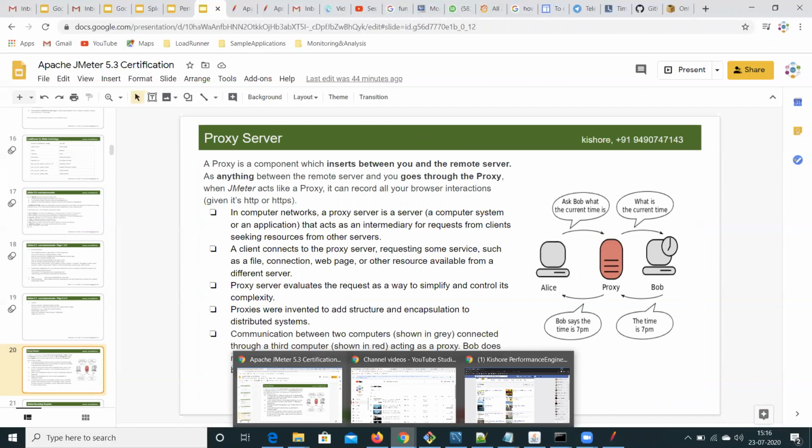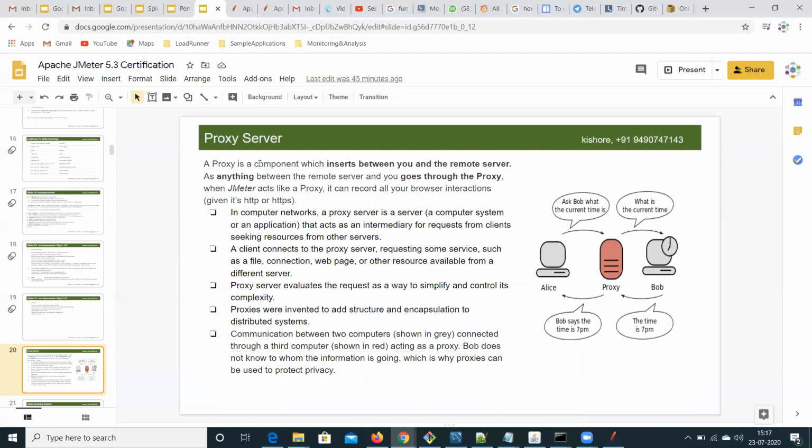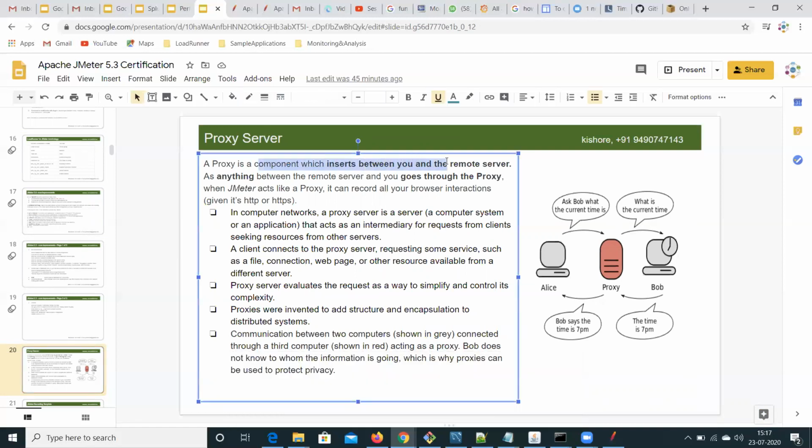If we want JMeter to capture the request and response from browser to server and vice versa, we have to set JMeter as a proxy between your browser and server. A proxy is a component which inserts between you, in the sense the browser, and the remote server. So we set JMeter as a proxy between your browser and server by using the same port number in the recorder control panel.